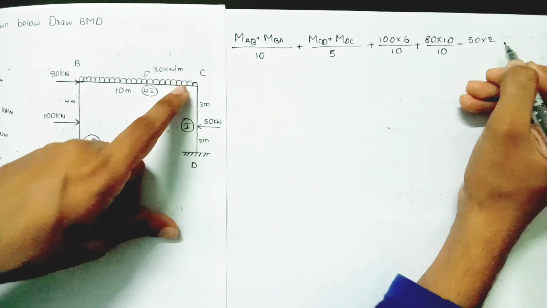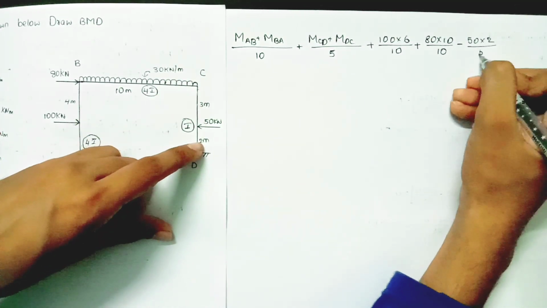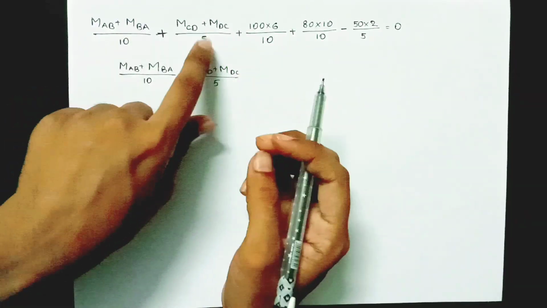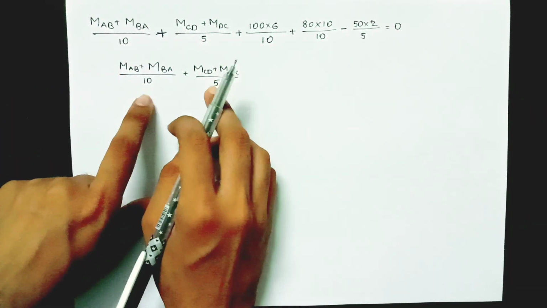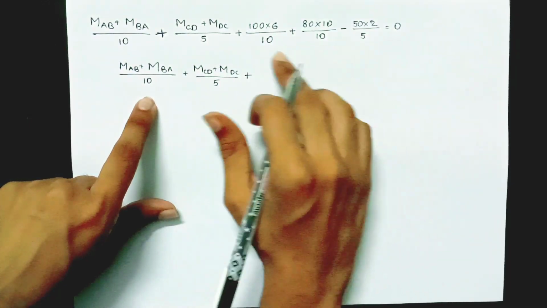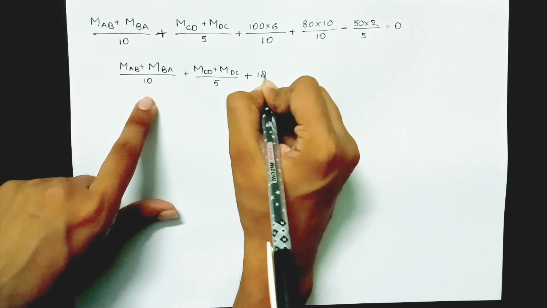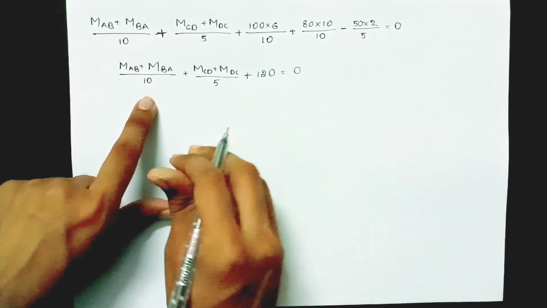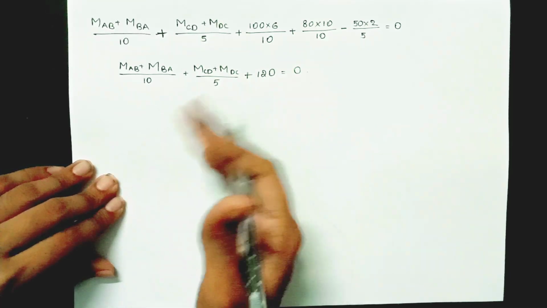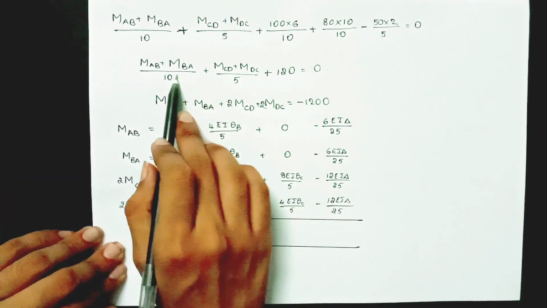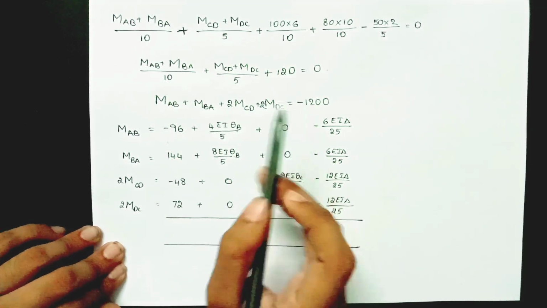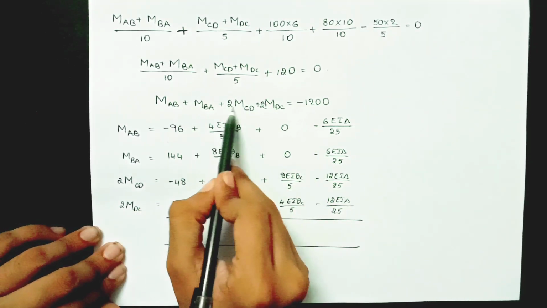50 into 2 divided by total length 5. Finally it is equal to 0. So I have written these two terms with the same plus sign, so after solving this entire equation, I got the value as 120 equal to 0. Now I will take the LCM of these two and further simplify it. On simplifying this equation, I have obtained